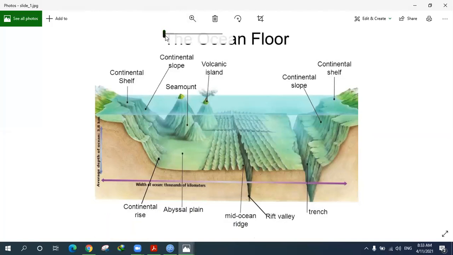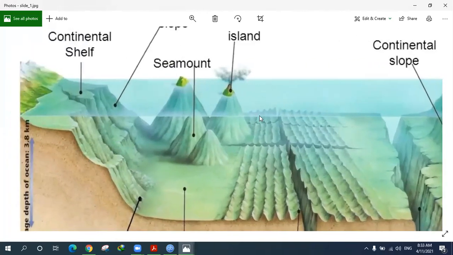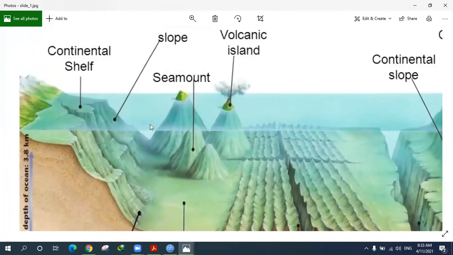Okay, so let me zoom into the first part of the ocean, the one where we actually can dive and move around. As you guys can see, this is the continental shelf. This is the first part of the ocean where people can swim and do stuff like that. It's easy. You can still see the sea floor or the ocean floor. You can see this look in the Red Sea. If you guys went diving in the Red Sea, you can see this difference.